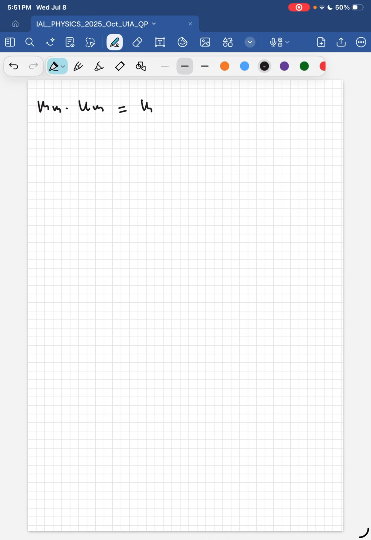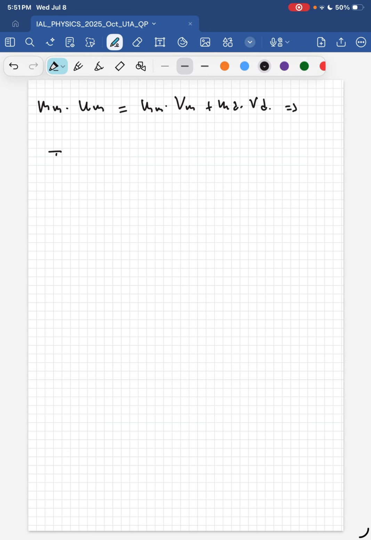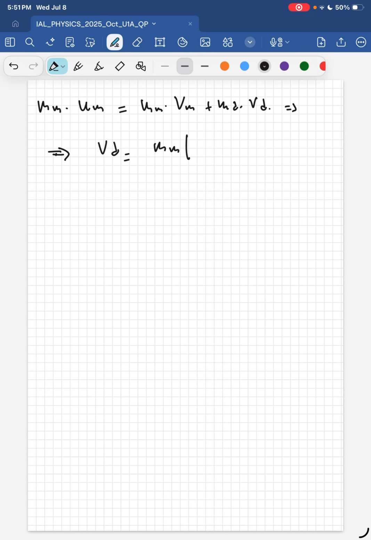So that's going to be the mass of the mallet times the velocity of the mallet after the collision plus the mass of the disk times the velocity of the disk, right? So we can solve for the velocity of the disk, which is going to be equal to the mass of the mallet times the initial velocity minus the final velocity for the mallet, over the mass of the disk. And if we plug in numbers, we find 6.3 meters per second. Okay,